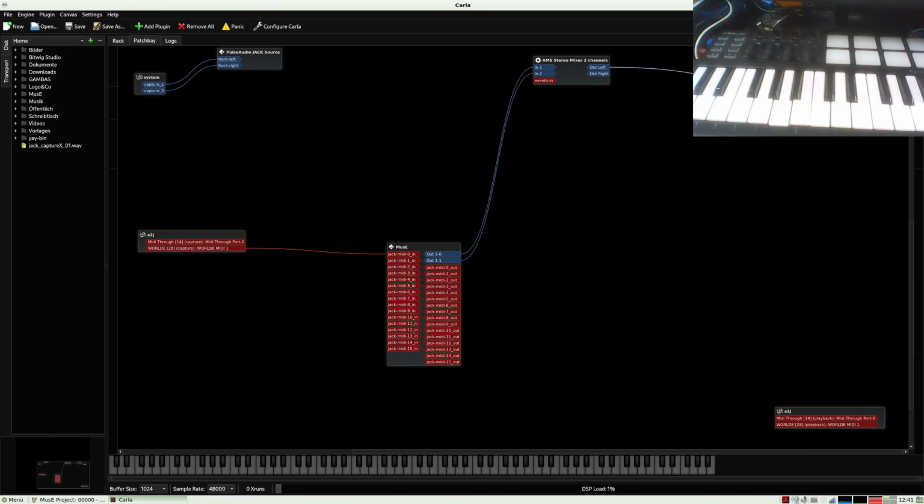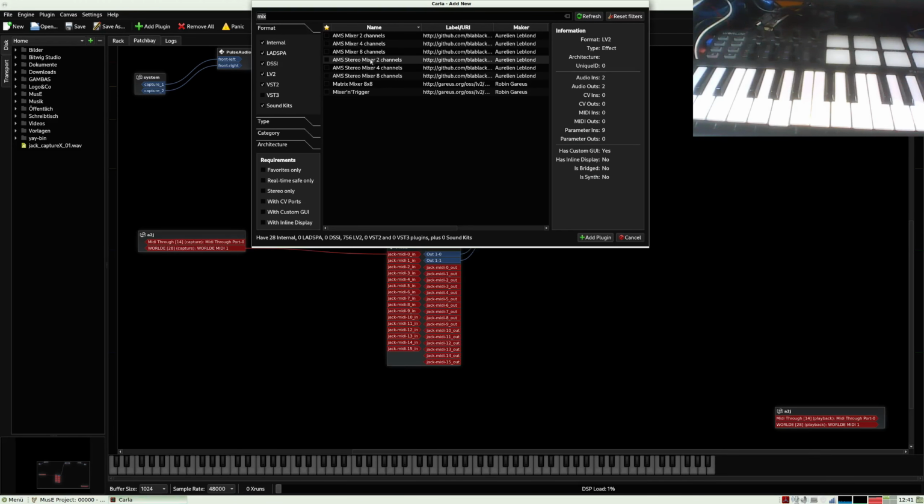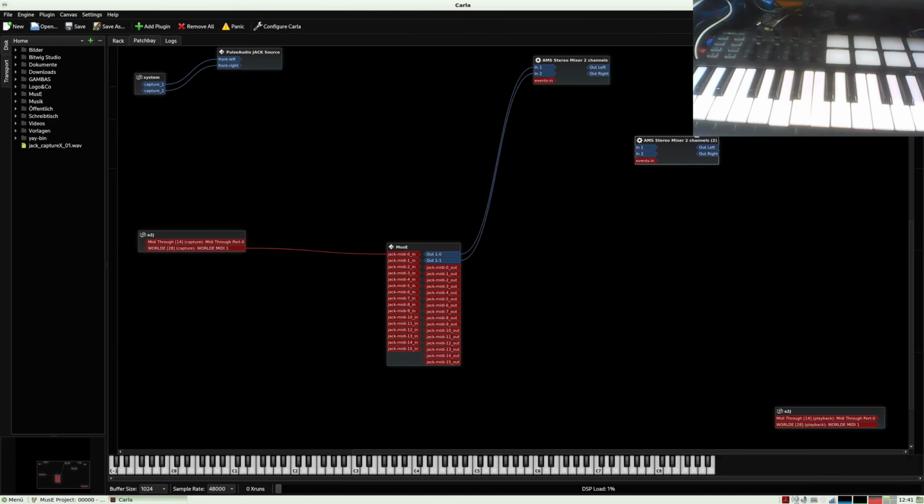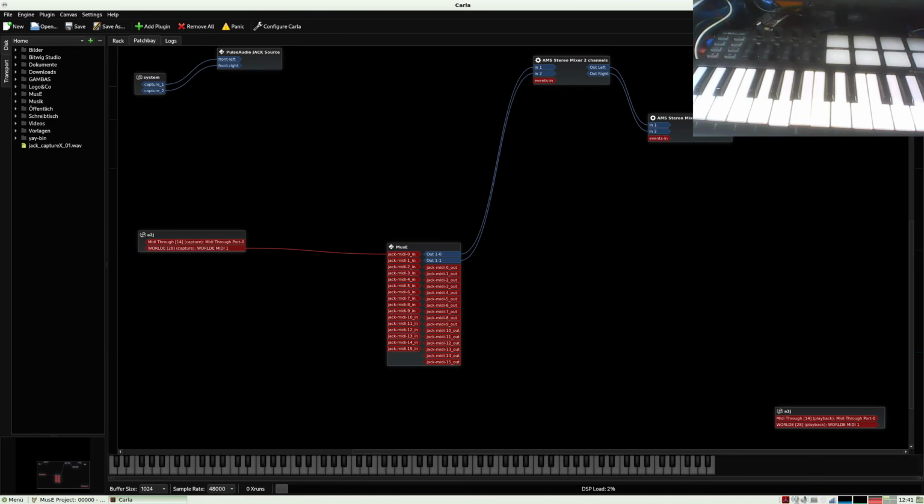Another moment. I put in another of these plugins and connect it here, and this is connected to the system output.